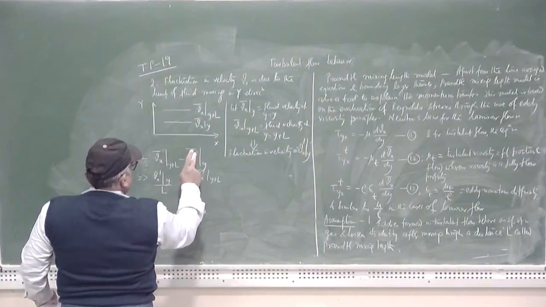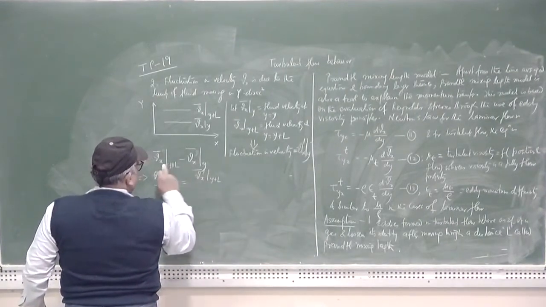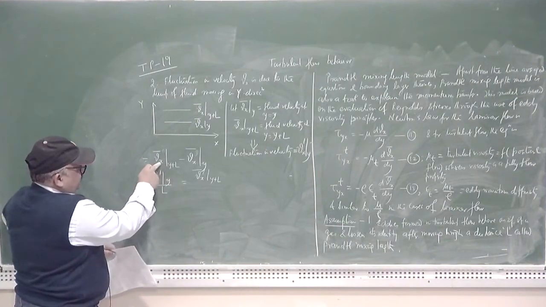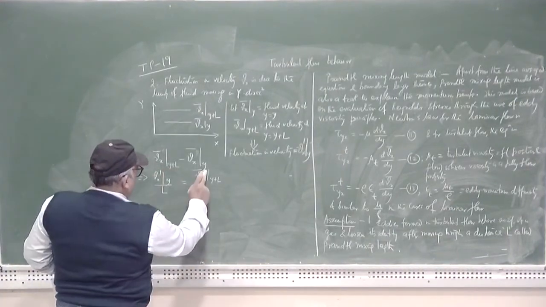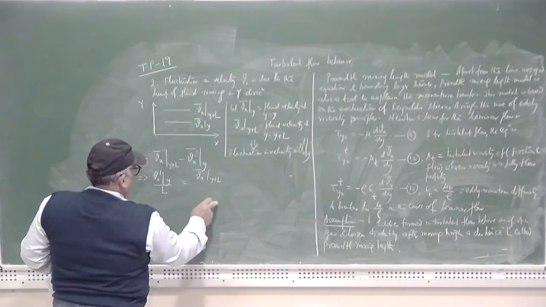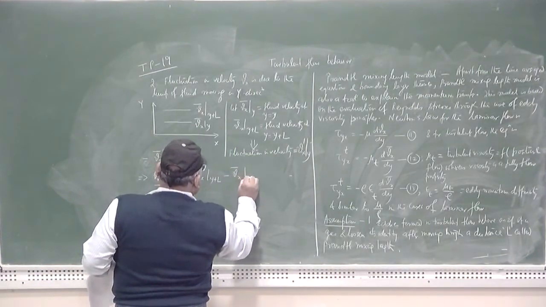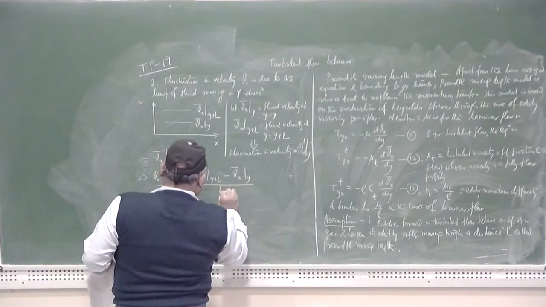Sorry, I was missing the prime, so it is the fluctuation in the average velocity. So Vx average at y plus L minus the average Vx at y equal to y, divided by L,